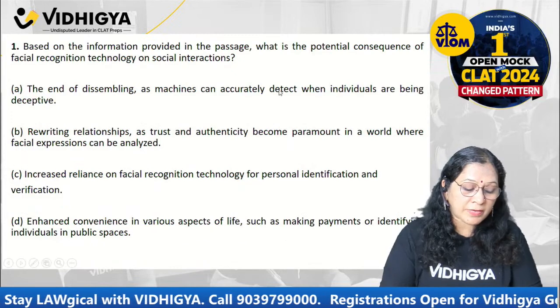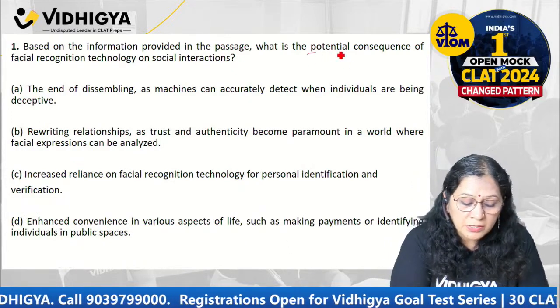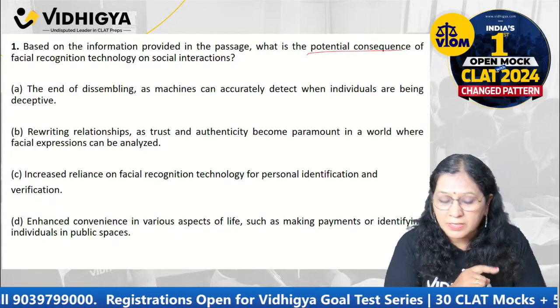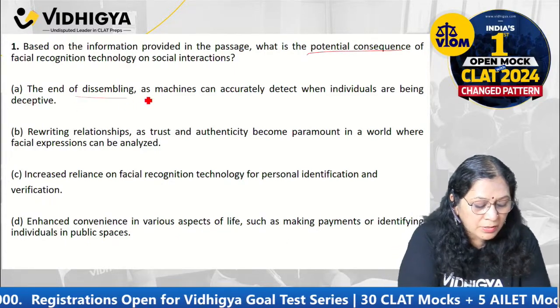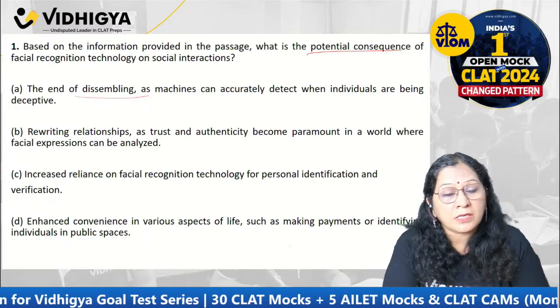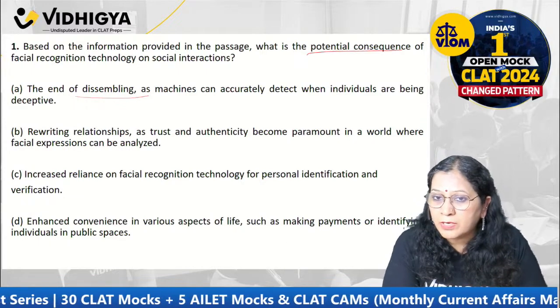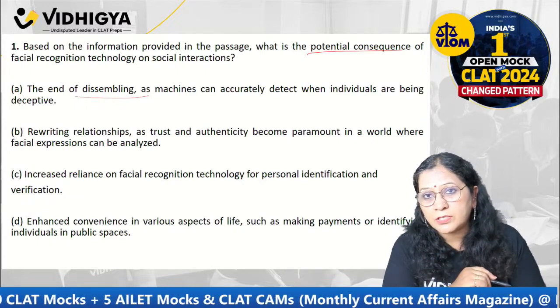Based on the information provided in the passage, what is the potential consequence? Potential consequence we just read in the last paragraph. So it was what? The end of dissembling. So I would call this a direct question, but then direct questions are also easy. No, not always easy. You need to pay a little more attention क्योंकि यहाँ पे confusing options होते हैं फिर